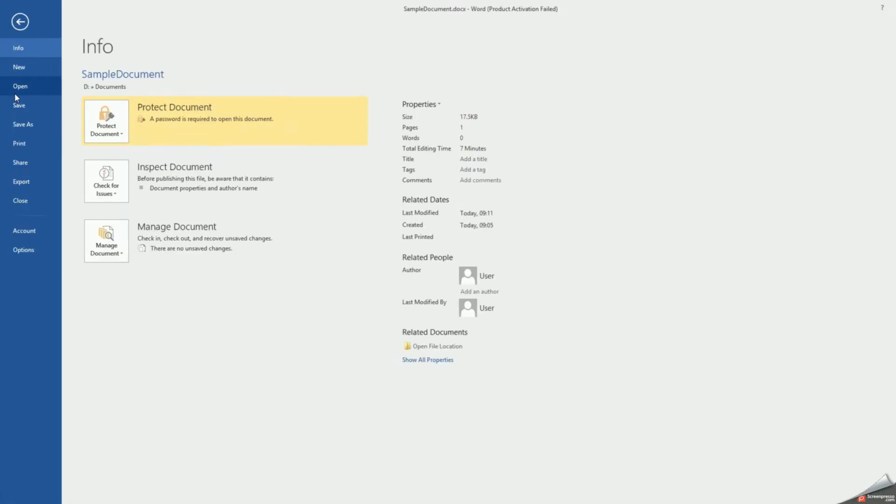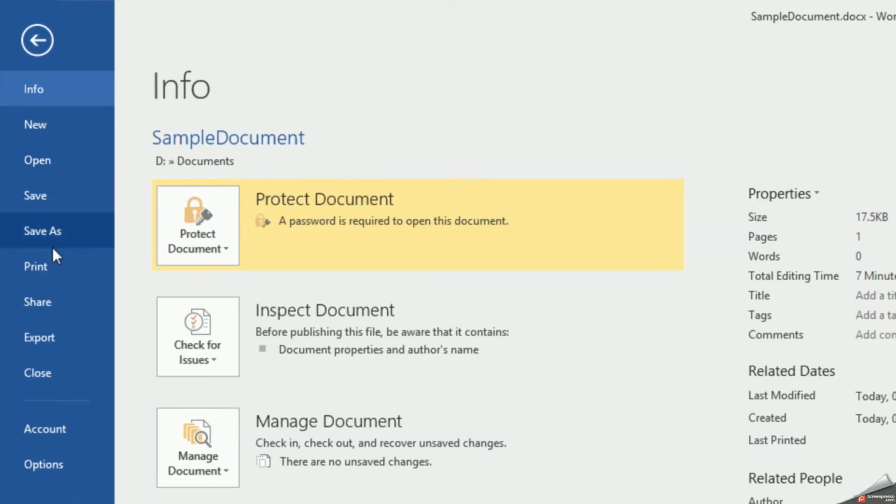Now after this you can see there are other options, that is save and save as, which I have already discussed in my previous class. Print, I'll just give you a quick recap of save. Save allows us to save the changes which are being made in the document, and in case the document hasn't been saved, that is you are making it for the very first time, it will ask you for a name, and that would be a one time procedure.